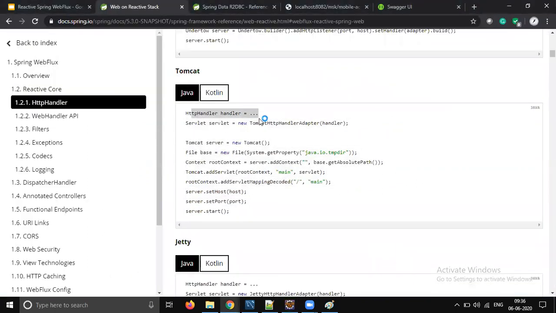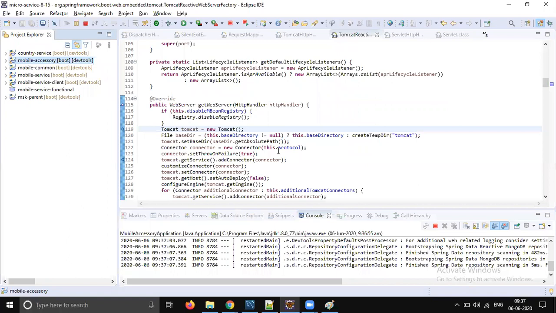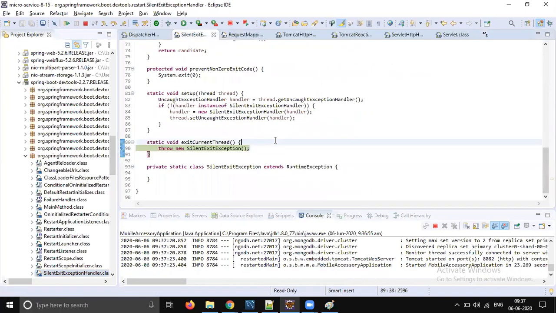This is how they will get the handler and start the server. Yes, we found this, but still the server has almost started. Why is it not hitting? I don't understand.